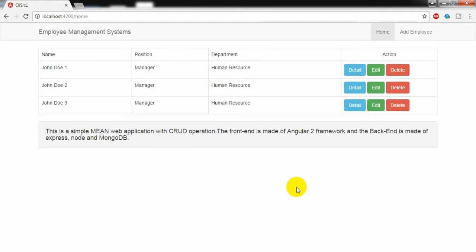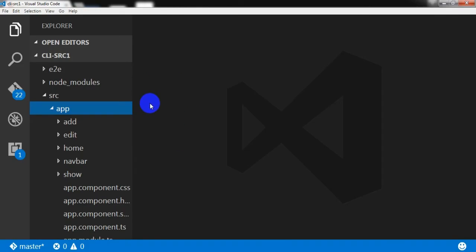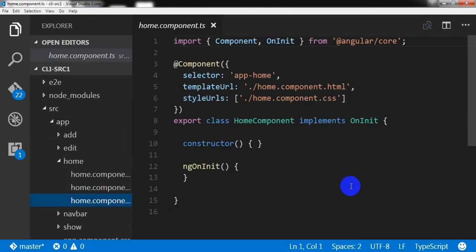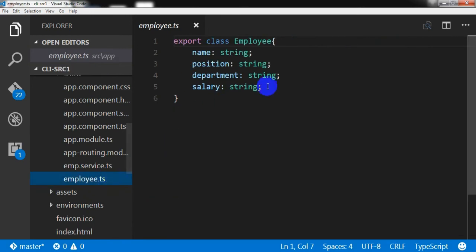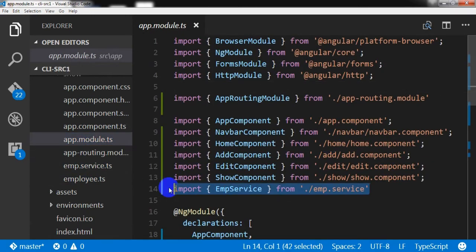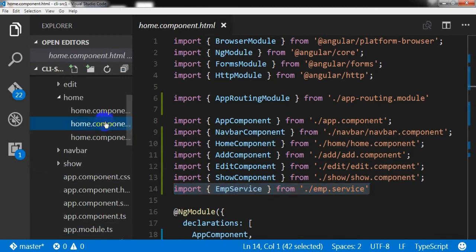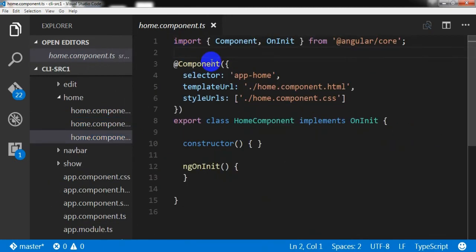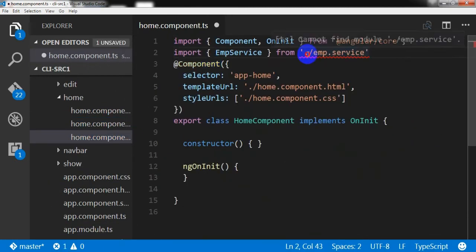it will be step number 1: edit the home component TS file. Let us open the Visual Studio Code editor, and this is our home component TS file. I will import the employee service and the employee class or interface that I created last time. So I'm going to import the employee service to the home component TS file, and